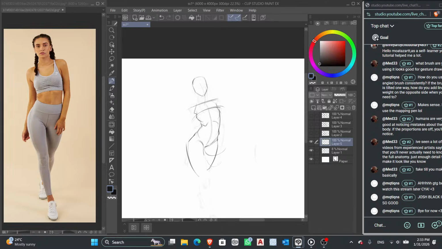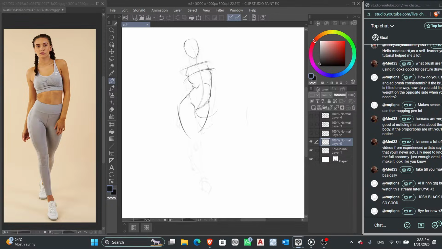Yeah, Josh Black is just awesome. And as you see from here, I'm trying to figure out the proportions again, because sometimes it might end up not looking good. All right, this one is kind of